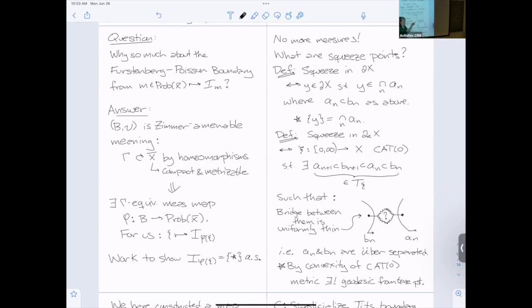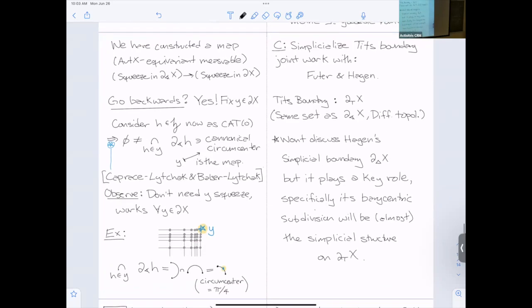So I have a unique CAT(0) geodesic from a particular base point that traverses all of these. So what did we just do? We constructed a map that was X-equivariant and in fact measurable from the squeeze points in the visual boundary